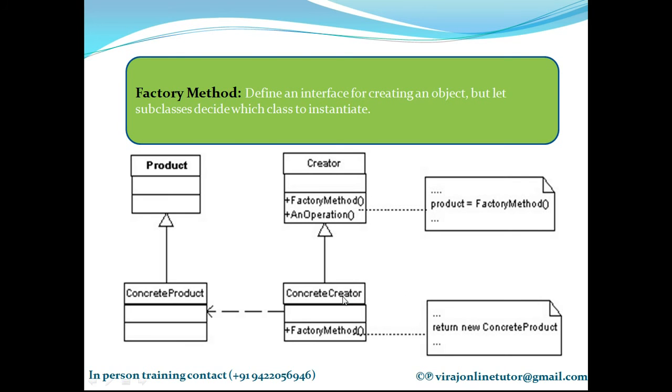Let's consider that I have two different concrete creators and the definitions of the factory methods are exactly the same. Then there is no point in repeating the code, so I move that code to the top. It is placed over here once, and both classes inherit exactly that copy. So I am deleting the redundant code and moving it here once. In those scenarios, you can make the creator a concrete class and have a default definition of the factory method in the base class itself.